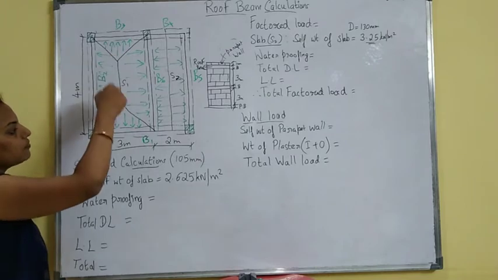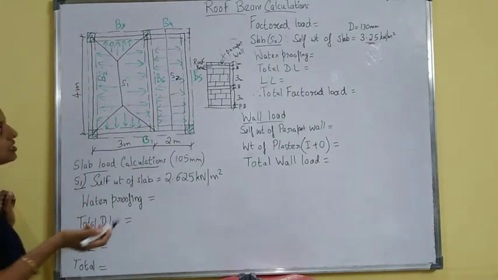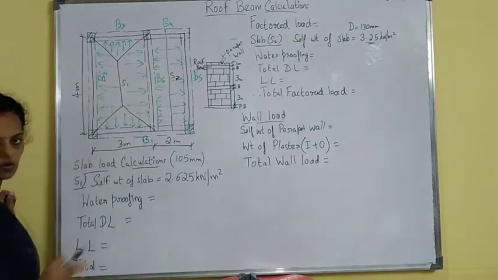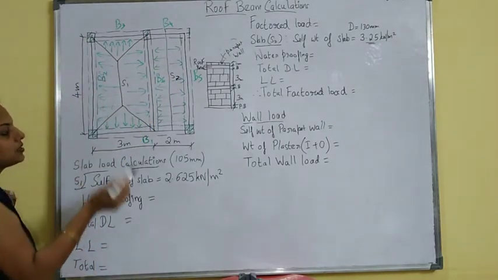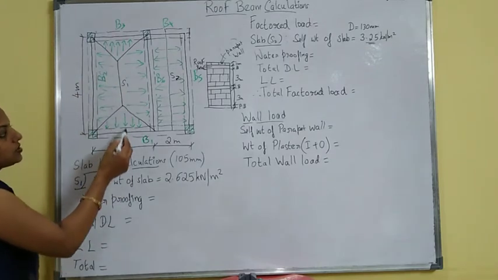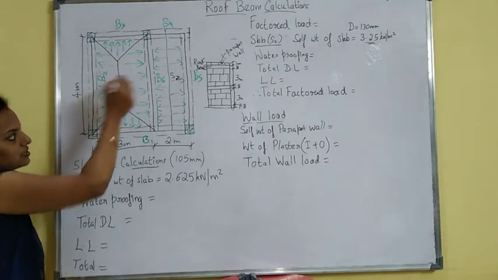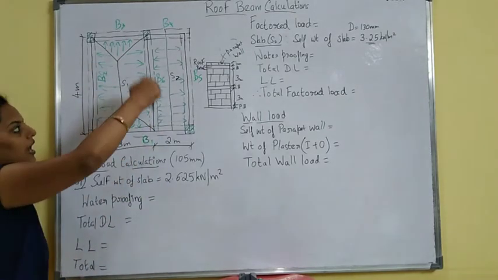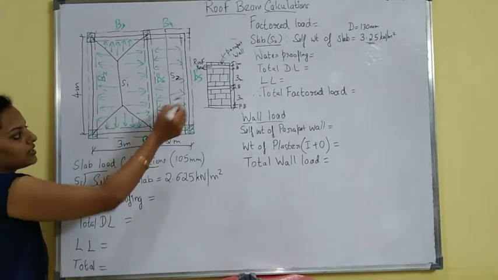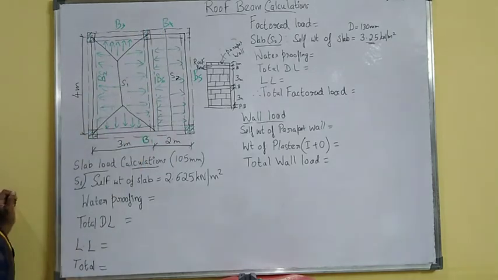Here you have the calculation we have done in the previous session, how to find this D and all. In that we got this as a two-way slab and this as a one-way slab. The two-way slab load distribution is in this form: triangular distribution, and this is trapezoidal distribution. The one-way distribution is rectangular, for this beam and this beam, and for this beam there is no load distribution from the